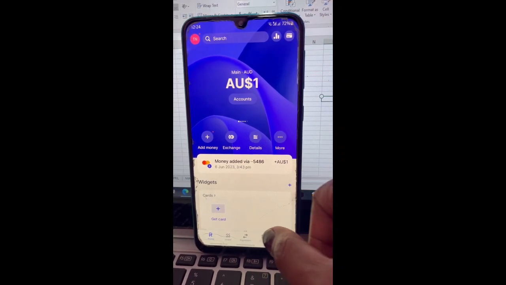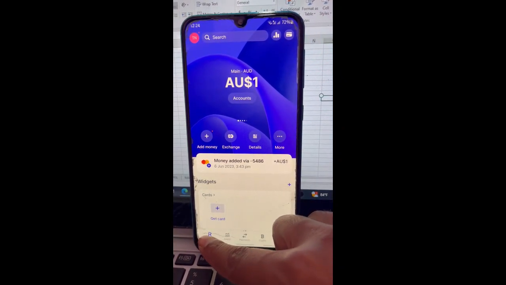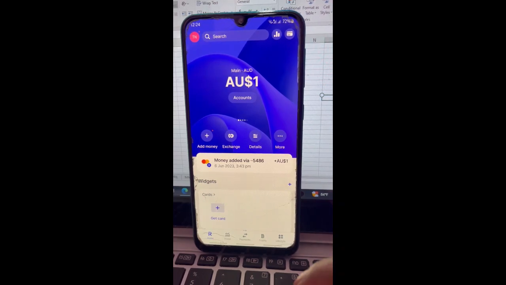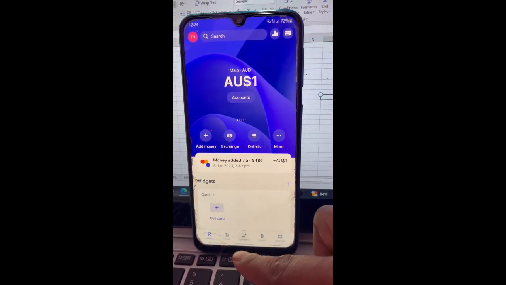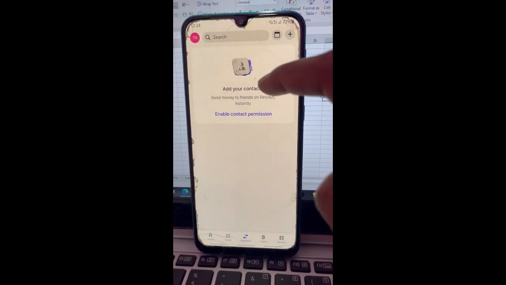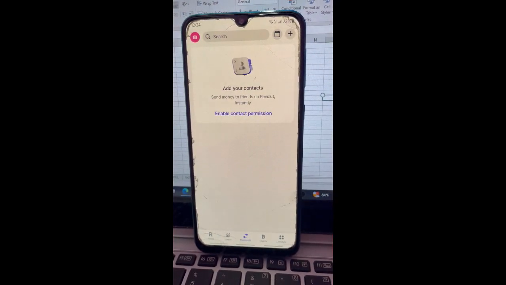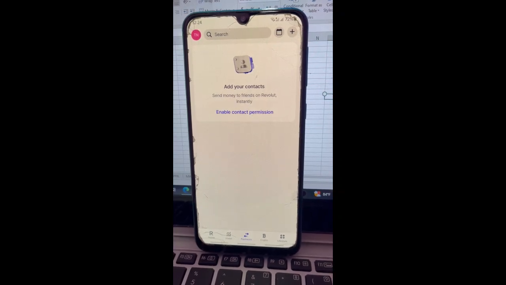So open up Revolut and then log into your Revolut account. Once you've logged into your Revolut account, you're going to go to your payment section here. If you click on the payments tab here, you can select from your contacts whoever you want to send the money to, or if you don't have someone in your contacts, so if you want to